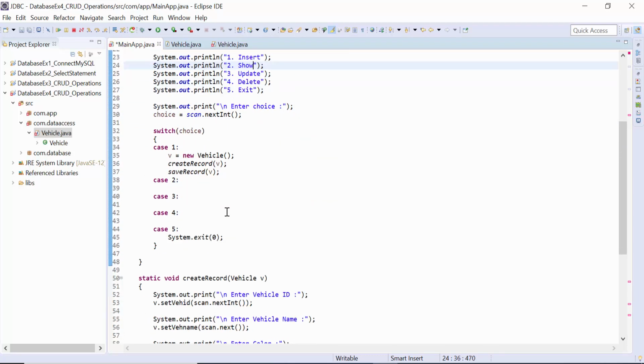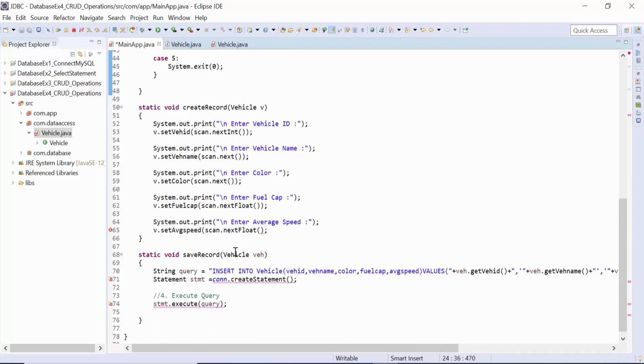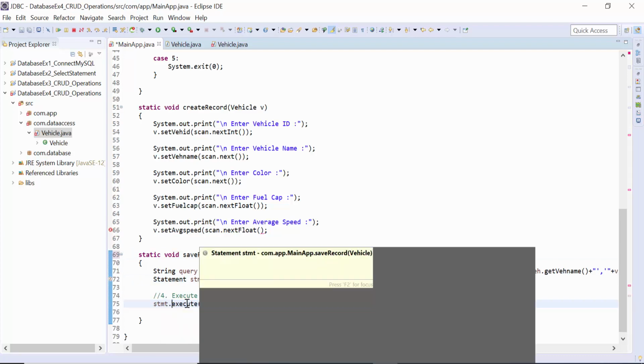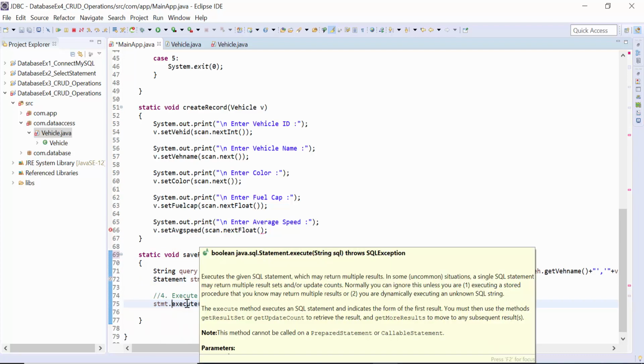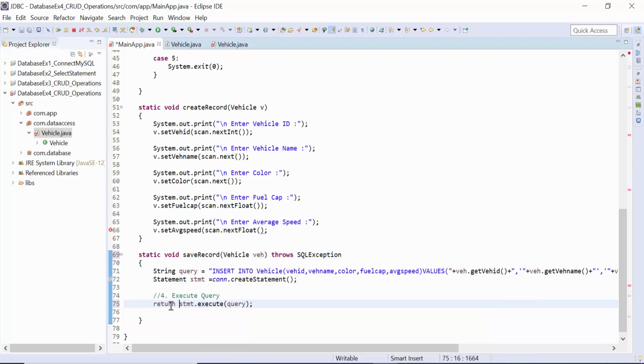Let me complete the code first to save the record. Now the create statement will work, and I'm calling that function from the connection. Here we add throws SQLException, and the execute function now returns true or false. It is a boolean function that we are calling, and I return that from this function also. So we write boolean as the return type. Why?